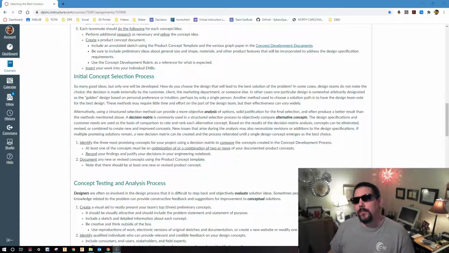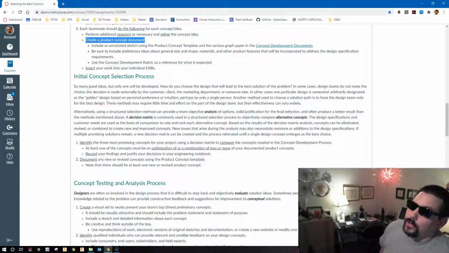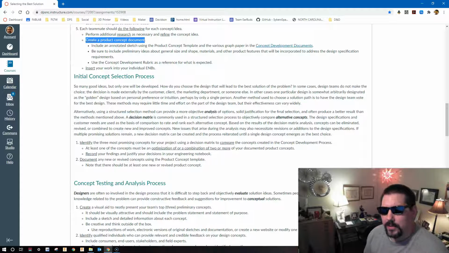Each teammate should do the following for each concept or idea. Every one of you should do additional research as necessary and refine the concept idea. You should all create a product concept document. This should include an annotated sketch. You can use either the product concept template and/or the various graph paper that you can find in the